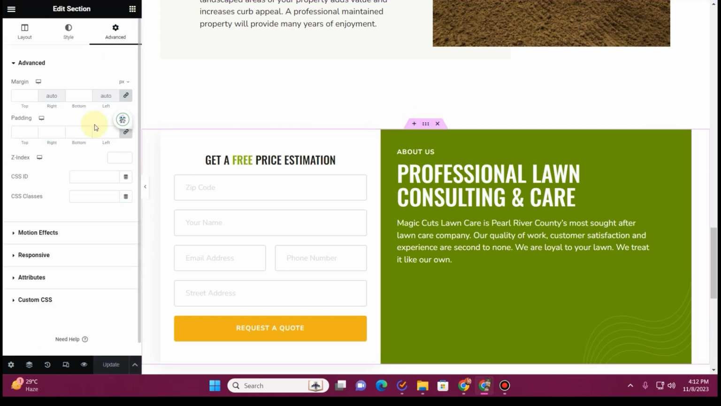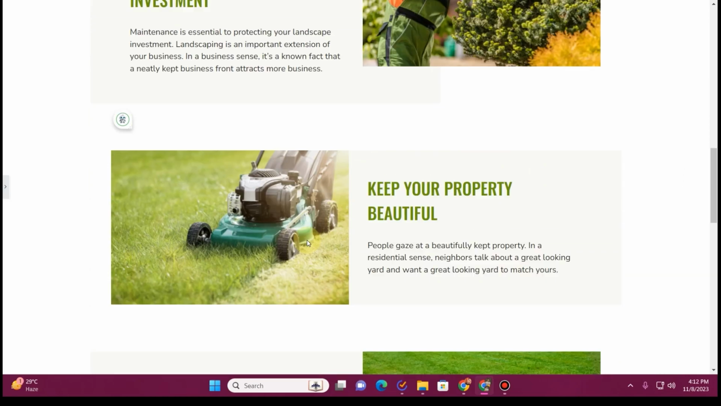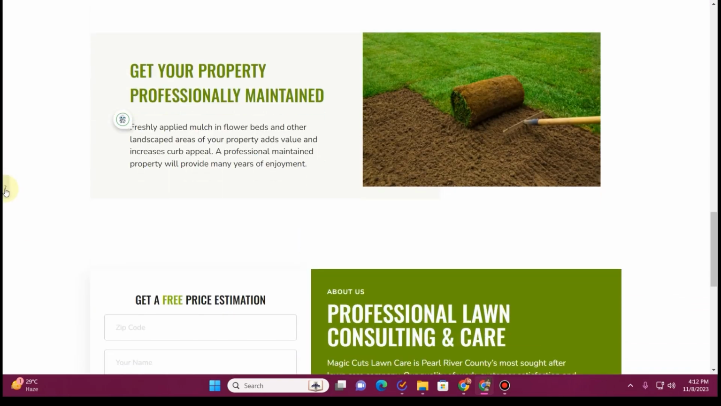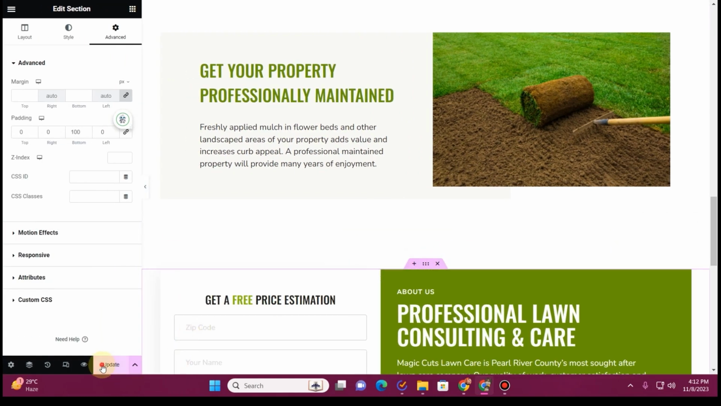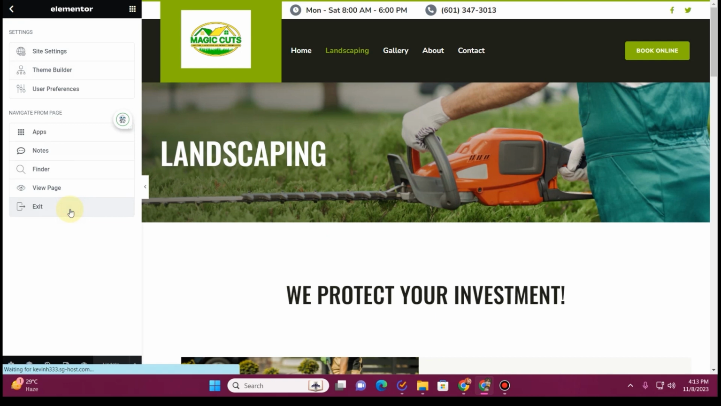do is to add some padding at the bottom. So at the bottom I want to keep the 100 pixel padding, and now if we look at this thing here, you can see this is how it is looking. So now on this page we only need to change these images, that's all. So I'll just click on this update button, and now we can actually go back and we can start creating